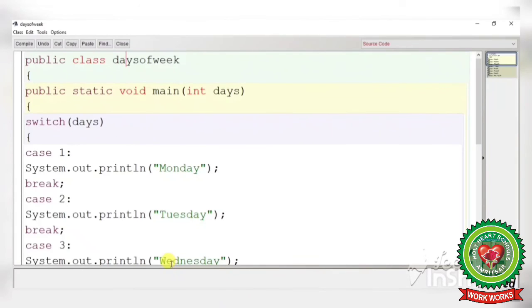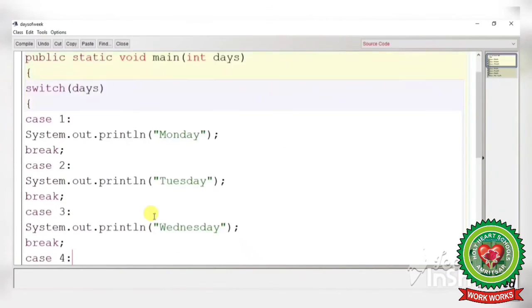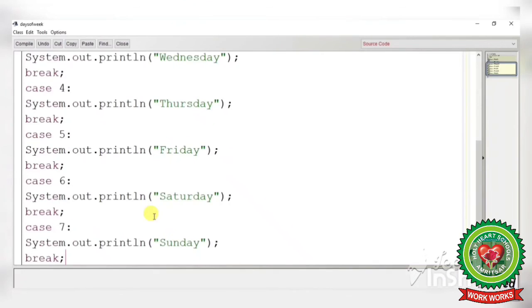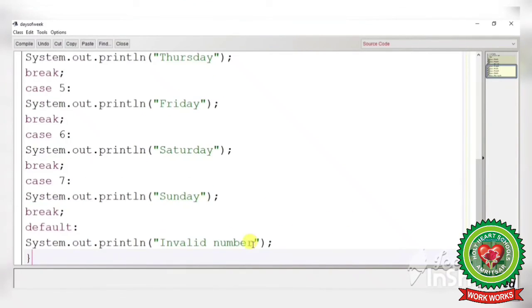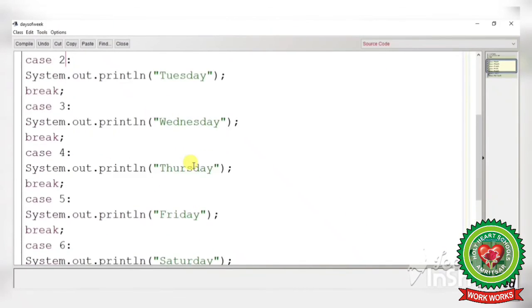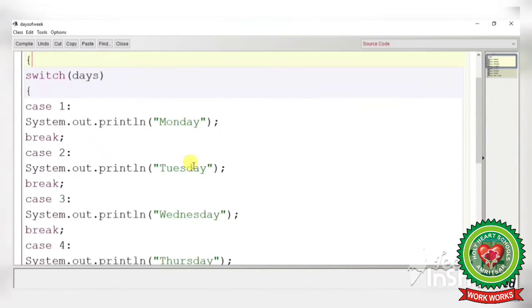But if you will enter number more than 7, then output invalid number will be displayed on the screen. Or you cannot enter number less than 1, like -1, -2, -3, because those are not initialized here in the cases. So now close it.